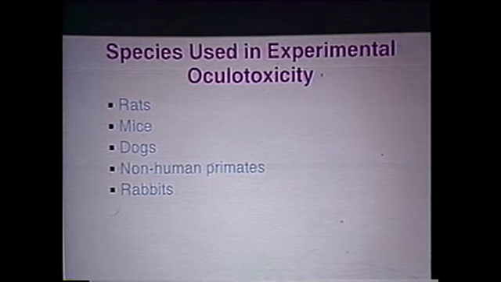Rats are the most favoured species for studying ocular toxicity, together with dogs. In much safety evaluation, we generally use only dogs and rats for ocular toxicity examination. With respect to mice, although mice can give considerable amount of information, the size of the eye in mice does not lend itself particularly well to gross examination by ophthalmoscopy, and in